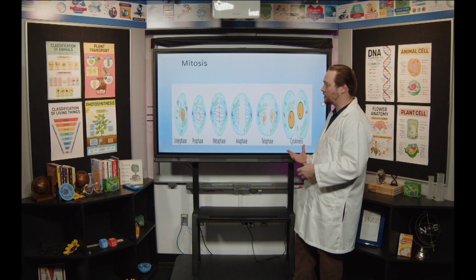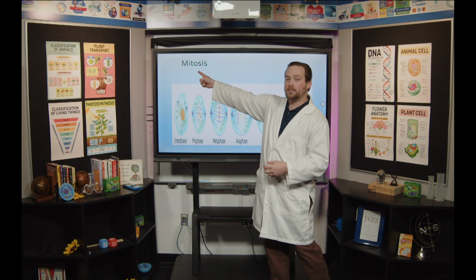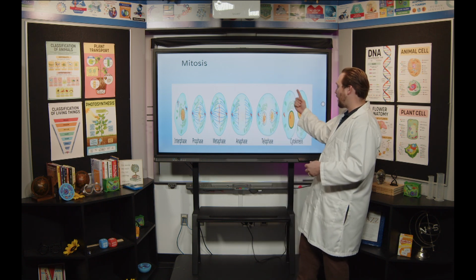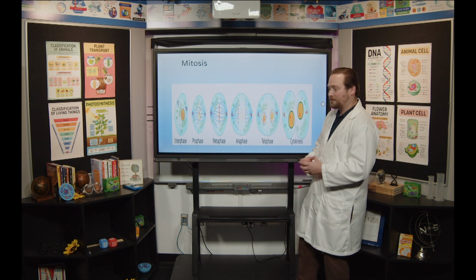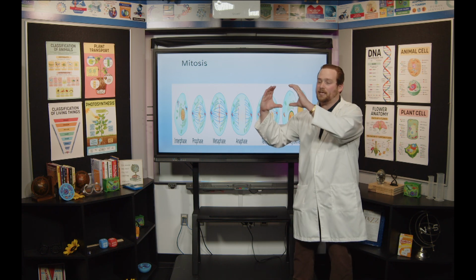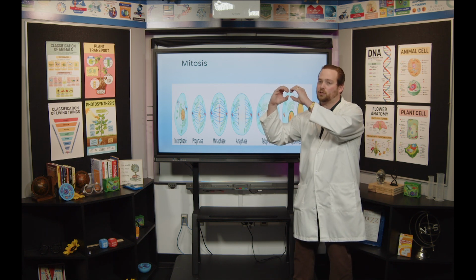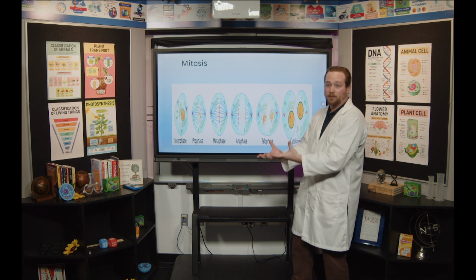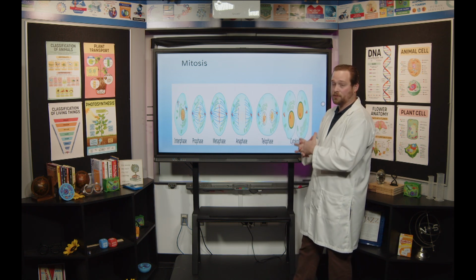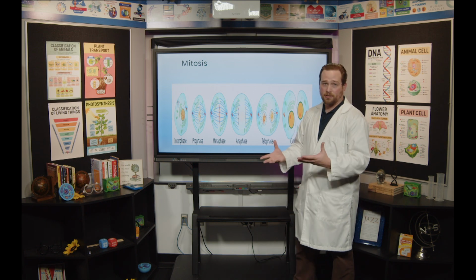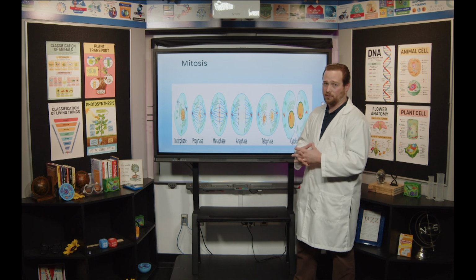This is called cytokinesis, where mitosis is separation of the nucleus. Cytokinesis is separation of the cytoplasm. And so what's going on here, this is an animal cell. What's happening is the cells are starting to pinch off from one another like this and moving away. That's called a cleavage furrow in animal cells. If it's a plant cell, a cell plate just grows right down the middle and divides it, and that's called a cell plate. So the cytokinesis is a little bit different.